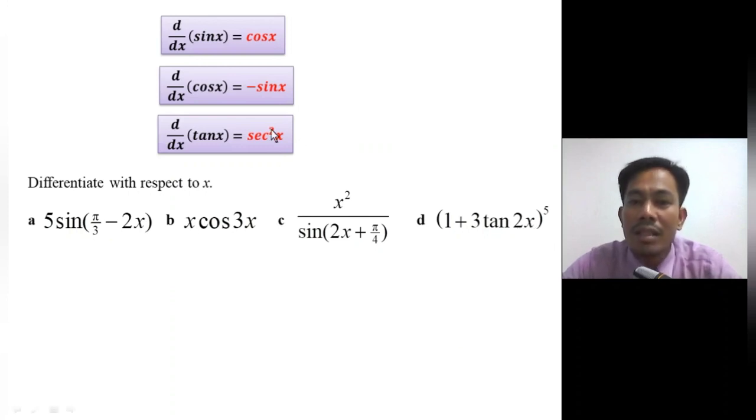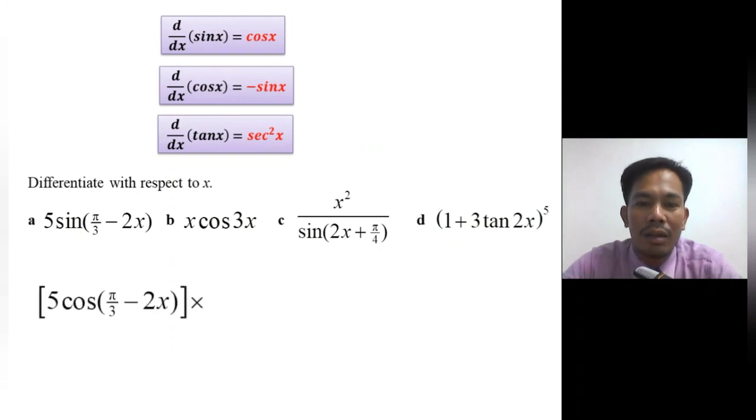Okay, so this one has a little bit of difference. What we are going to do here is, you will notice that I have this one, 5, and you will see that it's cosine. Why cosine? Because the derivative of sine x is cosine x, and since the derivative of sine x is cosine x, then I'll put cosine there. But I will need to multiply it with